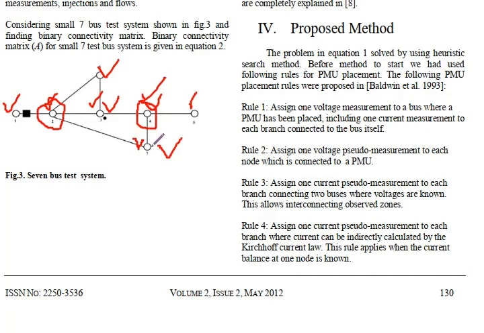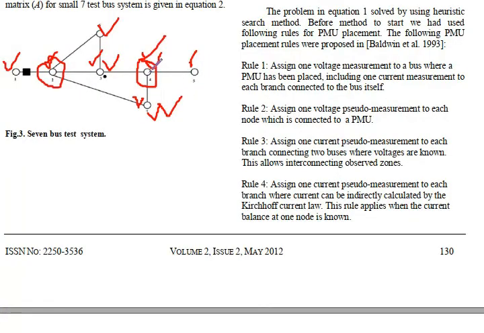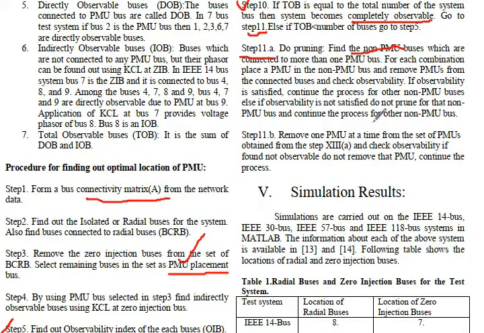Like suppose in this case, this bus number 7, you will be choosing this one, and this is connected to more than one PMU. This is connected to this PMU as well, this is connected to this PMU as well. And then you will be shuffling those PMUs from one bus to the other bus. So you will place PMUs there and again check the observability of the system. The summary of step number 11 and step number 12 is to go recursively again and again, and check and shuffle the PMUs placed there.